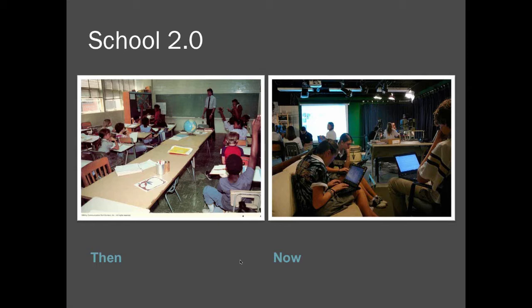You can see that students no longer are sitting in rows. They could be in all different places. They've got their own iPad or laptop or whatever might be the case. And to me, these two pictures show just how schools have transformed over time through the use of technology.